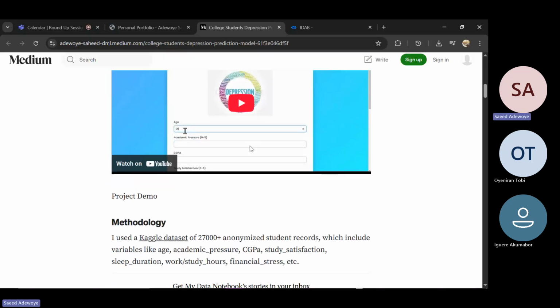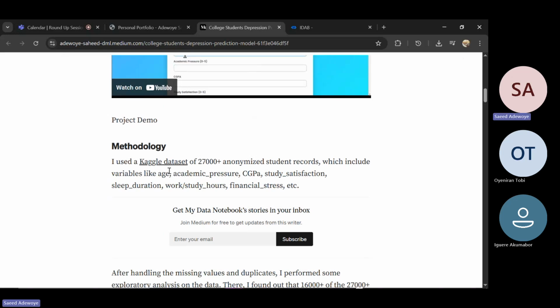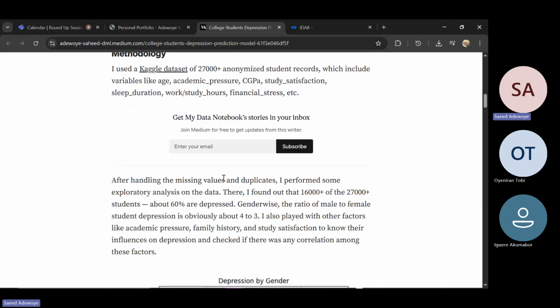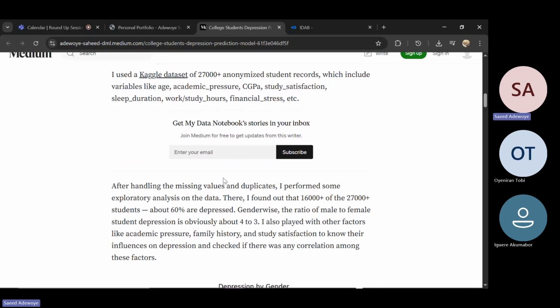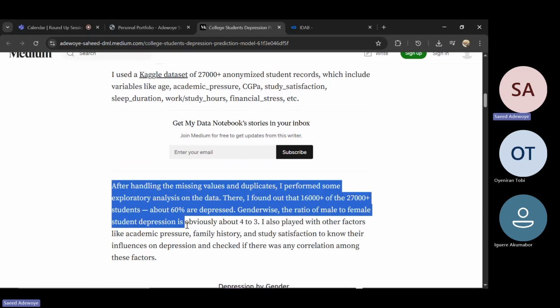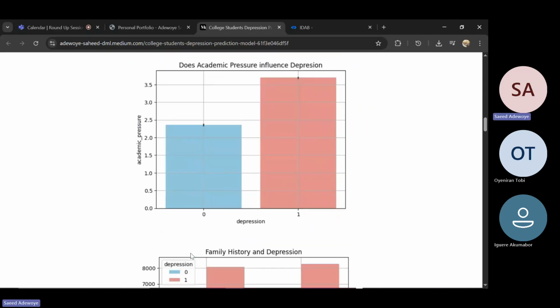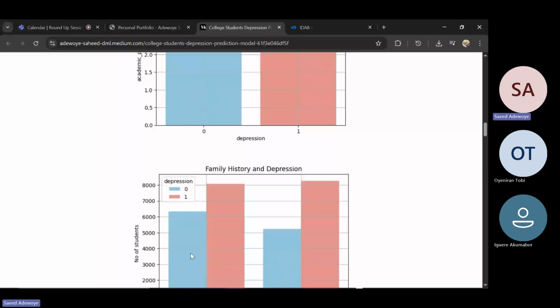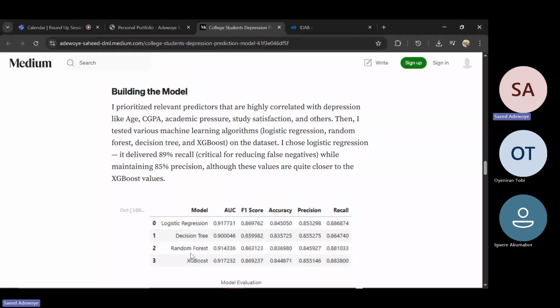Okay, this is just the video demo of how it looks like. Then afterward, the task itself, I explain it over here. I used these data sets, and so on. Then the action in which I took to clean the data set and everything, I explained it here. After handling the missing values, I discovered this. So all these parts of the project are just some of the findings that I performed on the data set and everything. Then afterward, okay, this is also part of the process, building the model and everything like that.